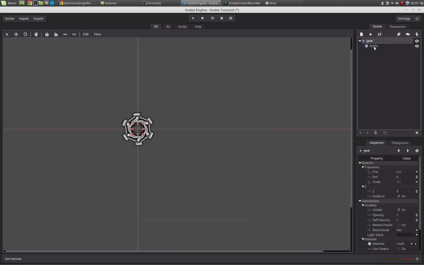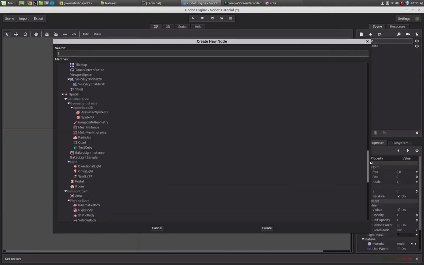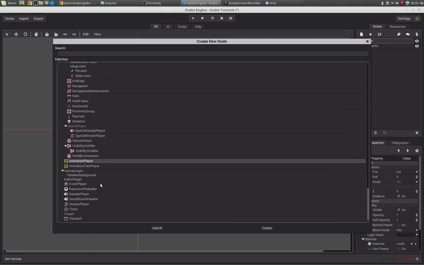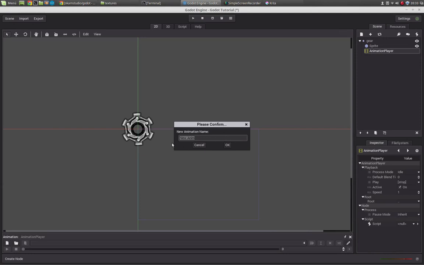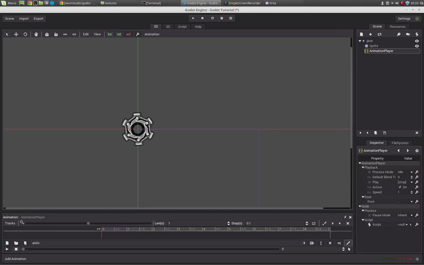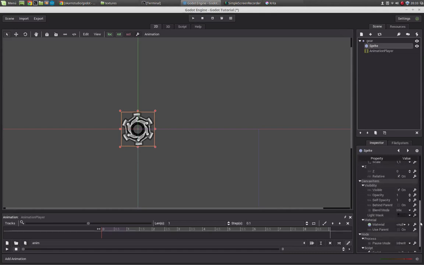So now we will create an animation, so it's not too static. Therefore we will use the AnimationPlayer and just jump right into it. Create a new animation which is called anim and just edit it. We will create a float up and down animation, so it is just floating a little bit, and we will key the position of our gear here,